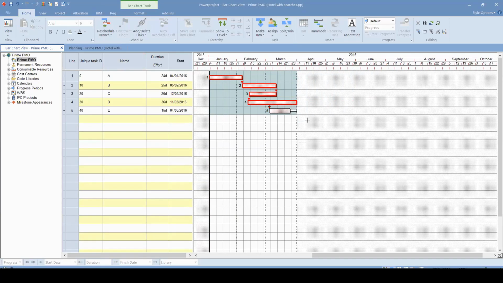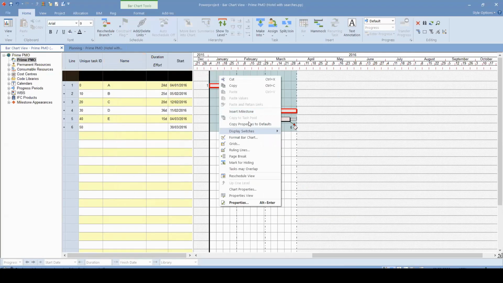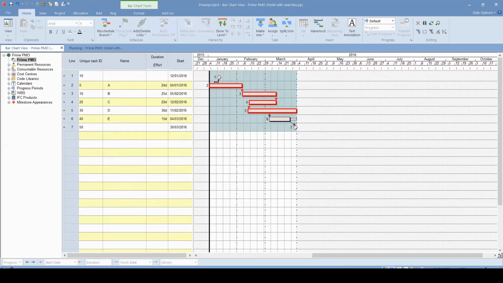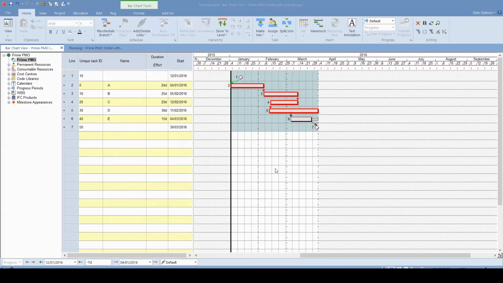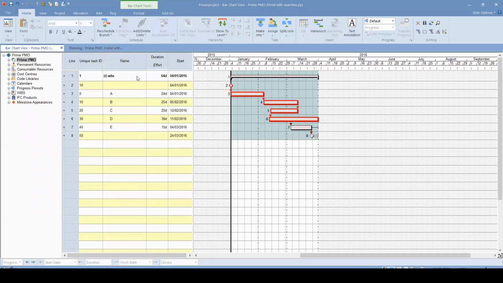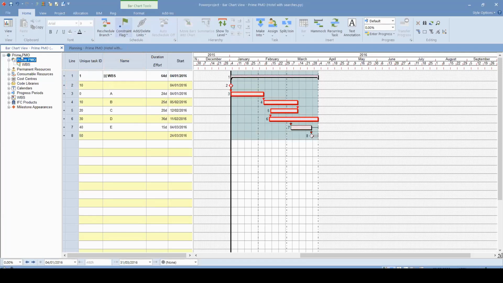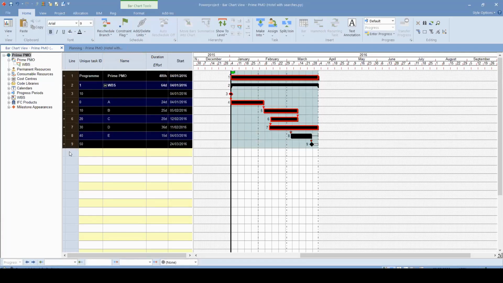a critical path for us. Let's add here a milestone. For instance, let's add one more milestone, and then we can create our schedule in a really fast way. So then we can select all these things to hit summarize. We can have WBS. So this is our WBS. And then you can see that the project structure will be created on our program. So I can delete these ones, and